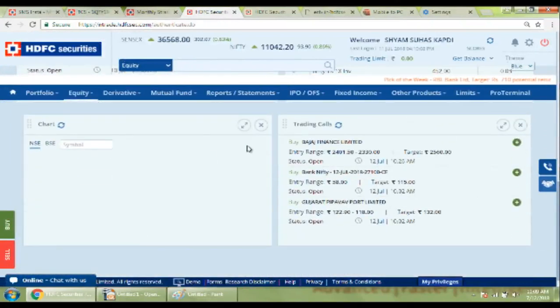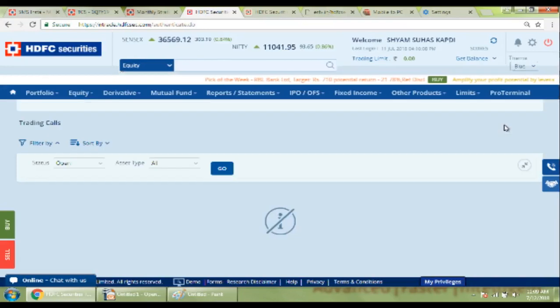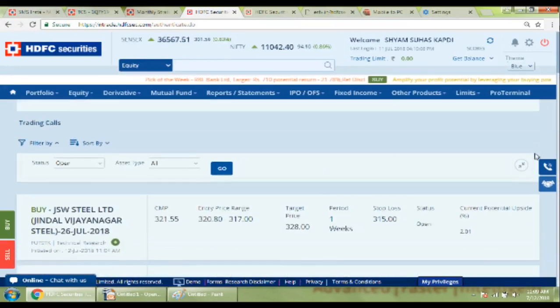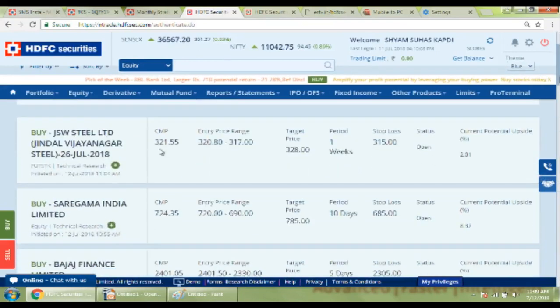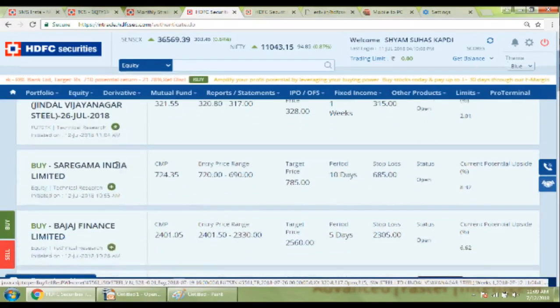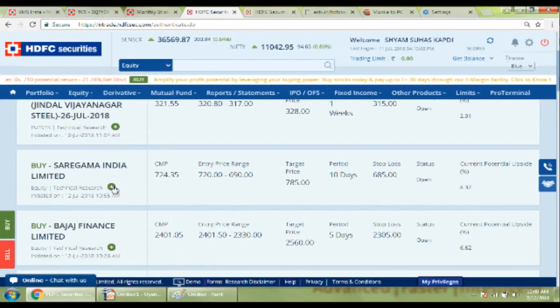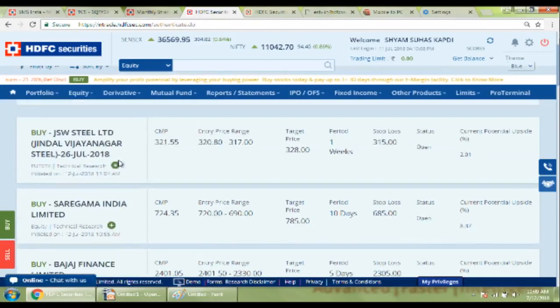And in these widgets, you can expand as well. In case you are looking at this trading call and you want to view the expanded version, you can just click on this icon and it will get expanded. Right? So wherever you see a plus sign, it's a buy. Wherever you see a minus sign, it's a sell. So we have integrated it all for your